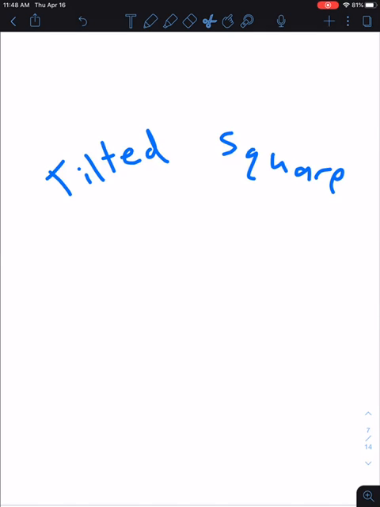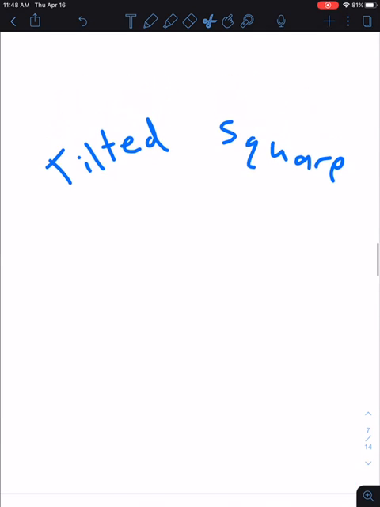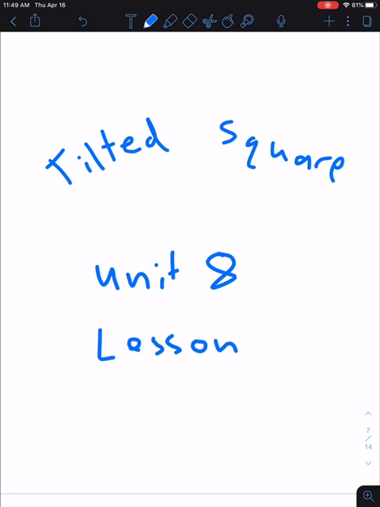All right, folks, so today we're going to be talking about tilted squares. Now, before we get into the lesson, this is Unit 8, Lesson 1. All right, if you don't have your workbook with you, you can just, on the week 5 page